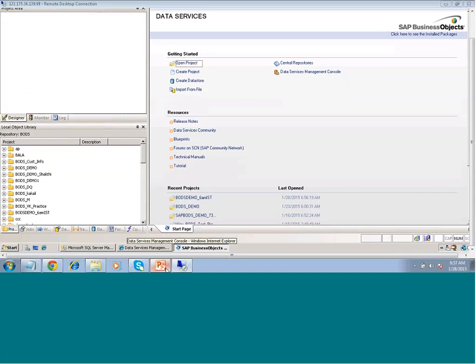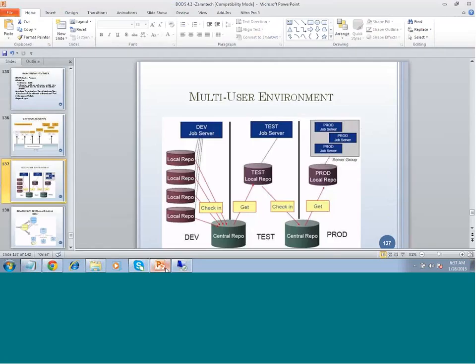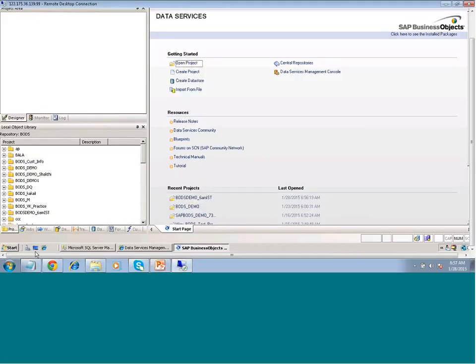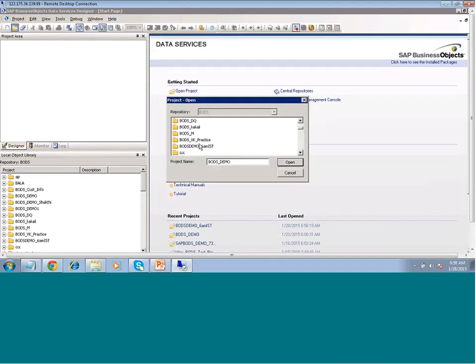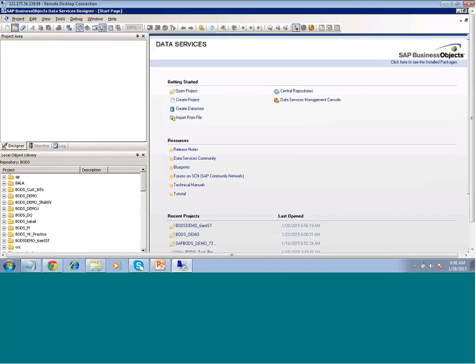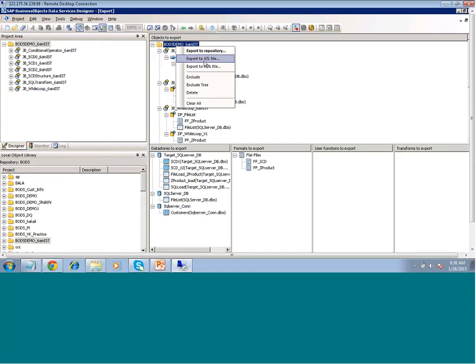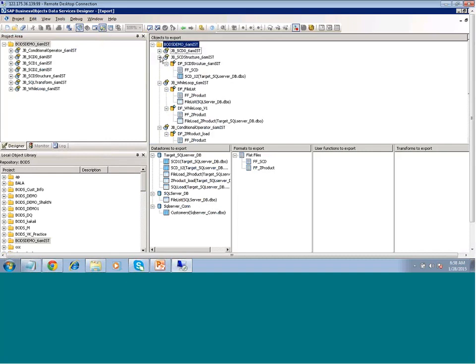Okay. So this is how you're going to perform the activity of import and export of an .xml file. Similarly, if you want to use an .xml file, that is also possible here. You can open your respective project, and if you want to export that particular project to XML, you can right click and export to XML. And sometimes what happens is,